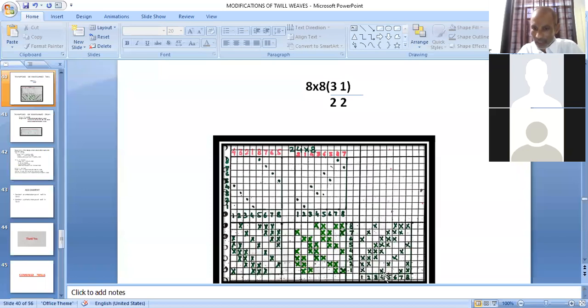आप इसको सबसे पहले लेके आ जाएं. This will be first end, this will be third end, this is second end, this will be third end, and this will be fourth end. तो ये जो 1 2 3 4 है, इन थ्रेड्स को आप रीअरेंज करें 4 3 2 1 में. और फिर यहाँ पर जो 5 6 7 8 है उनको अगेन 8 7 6 5 में रीअरेंज करें. तो you will get the same effect without constructing draft.